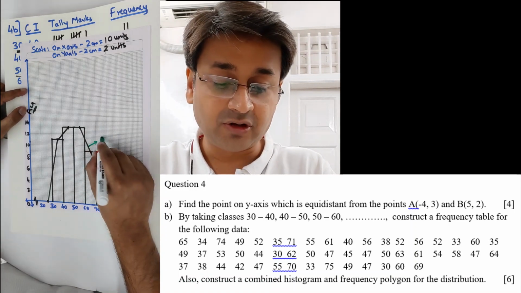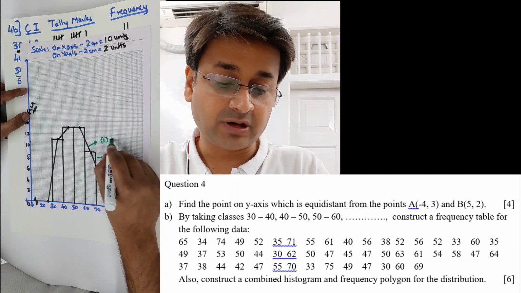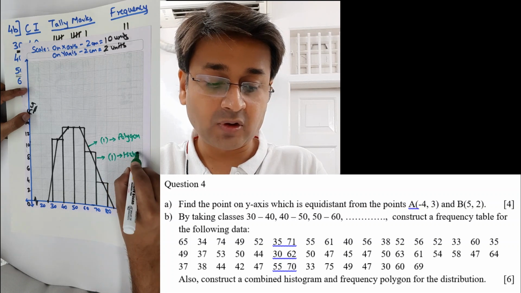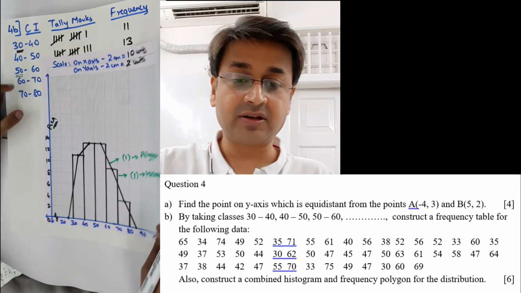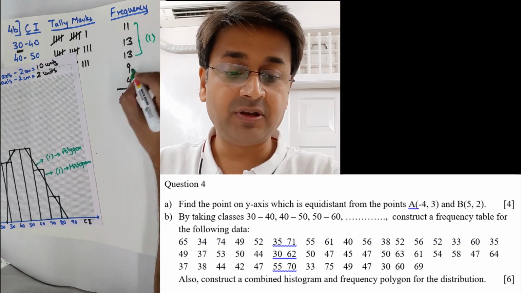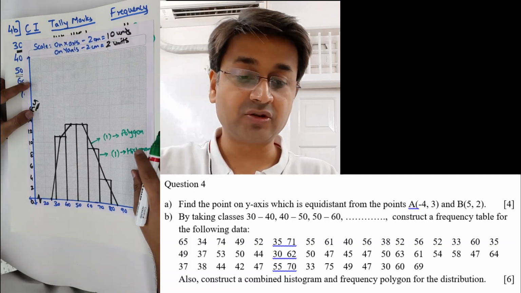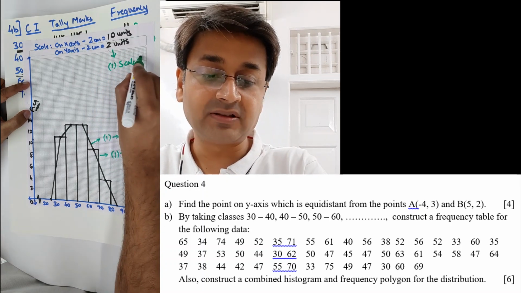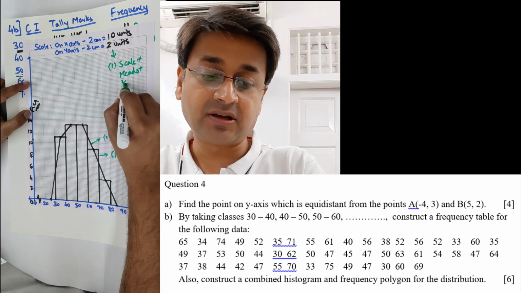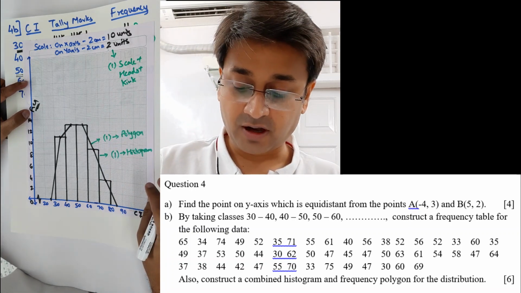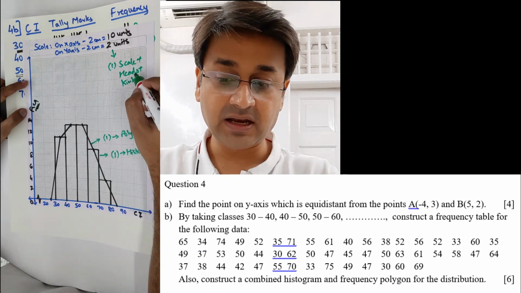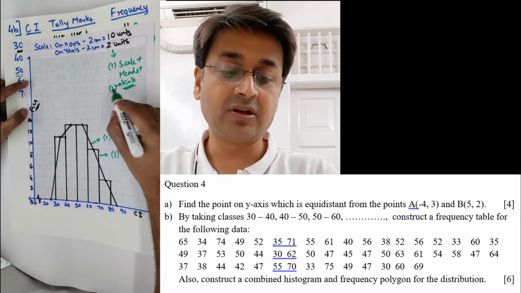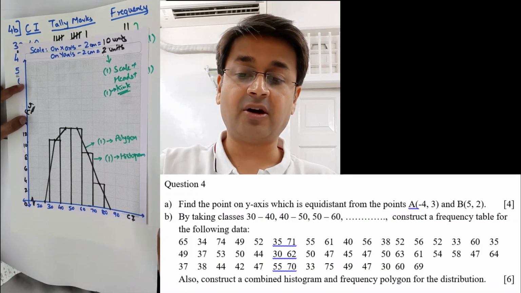Okay. So 1 mark for the polygon, 1 mark for the histogram. So this is polygon and this is histogram. So 2 marks done, 4 marks still left. 1 mark for these 3 being correct, 1 mark for these 2. So 4 marks. The fifth 1 mark for writing scale plus the heads plus the kink, and still 1 more mark is left. So what you can do is scale, heads, these 2, and 1 mark you can give for the kink straight away. So 1, 2, 3, 4, 5 and 6 marks altogether.